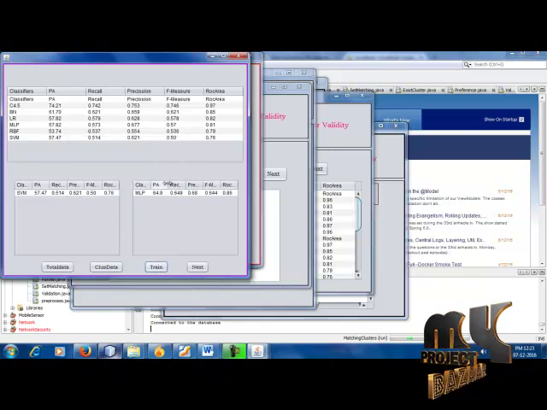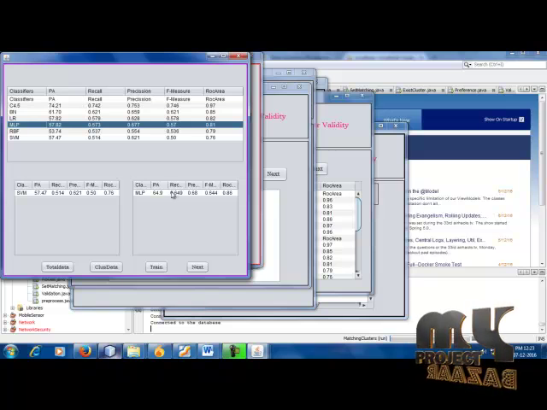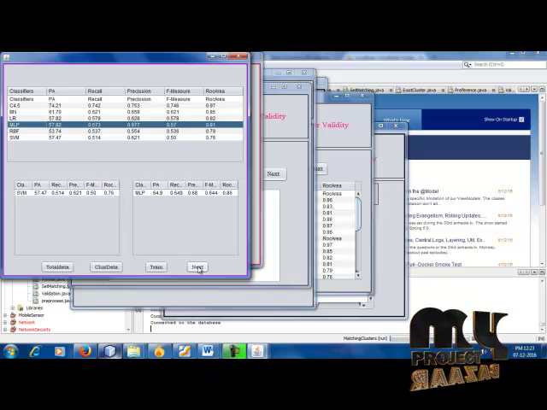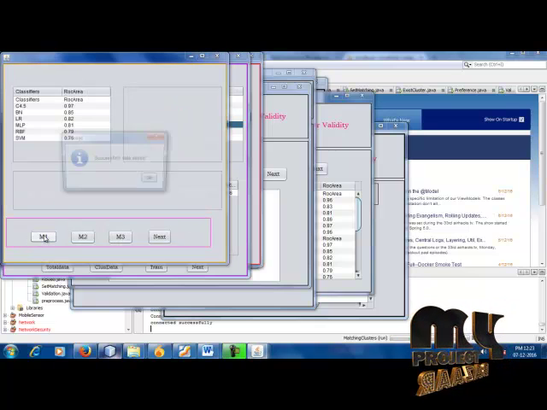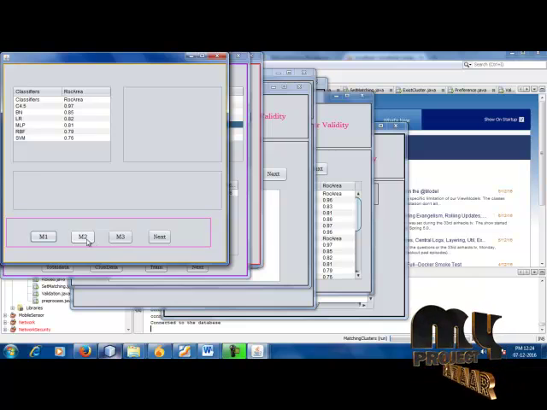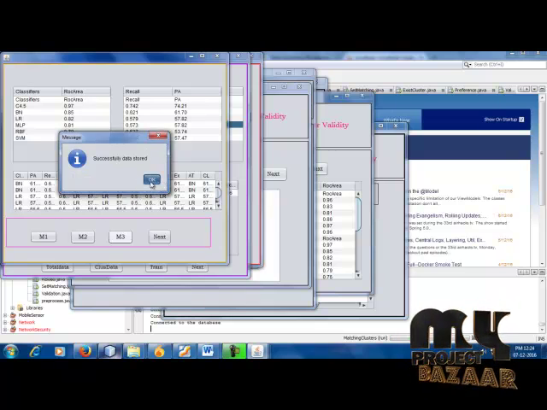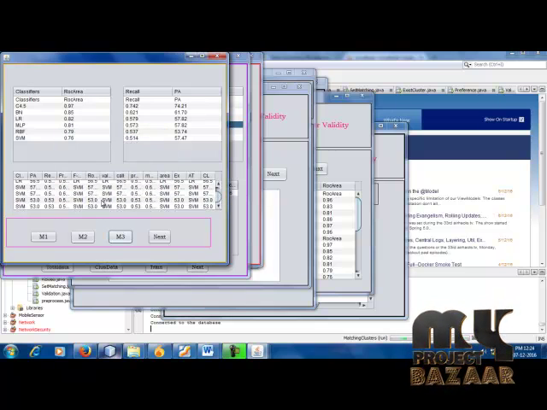Next is the training data. Training, we will choose the MLP data. Here the MLP data has a PA value of 57.82, but the different data set has a PA value of 64.9. So the attribute value is existing and the previous data calculations will be processed. Here we will cluster the different attributes to process the data as classifiers and ROC areas. The next one is the recall and PA values. The next one is the total data set values to be processed.